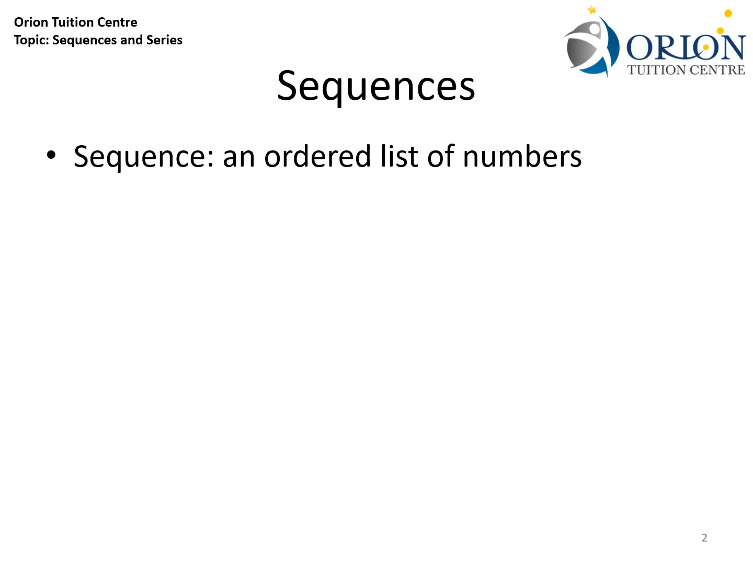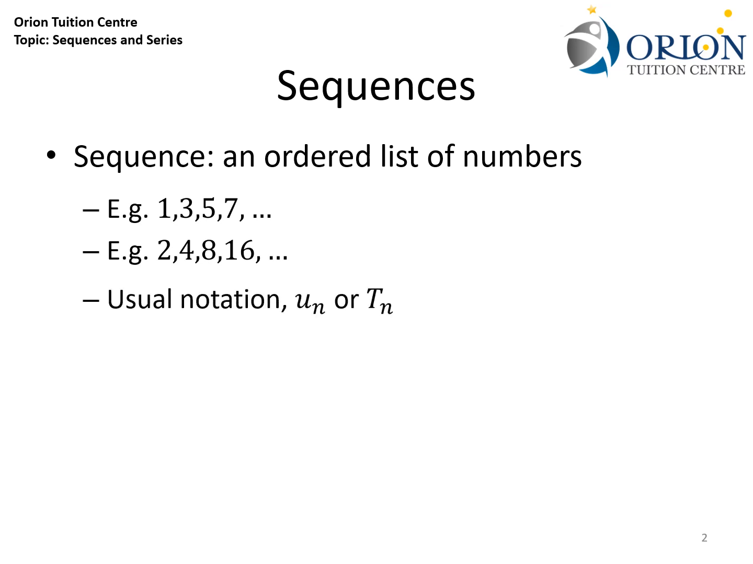For example, we have the sequence of odd numbers 1, 3, 5, 7, and the sequence of the powers of 2: 2, 4, 8, 16. As long as there is a pattern that exists within the list of numbers, it is considered a sequence. Usually, the numbers in a sequence are represented by either U subscript n or T subscript n, where n refers to the nth term